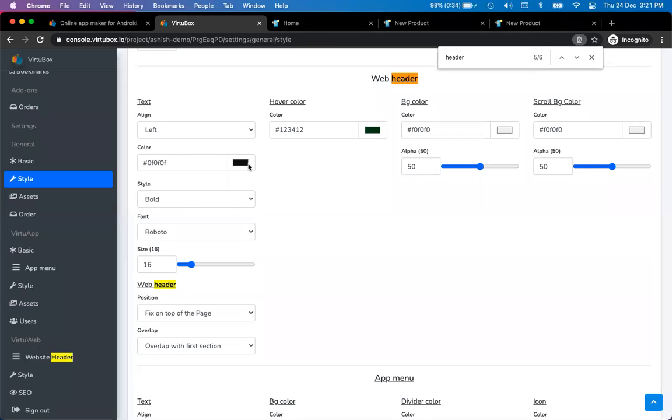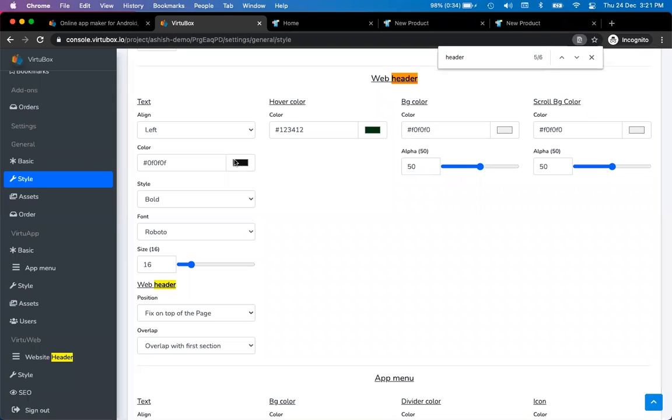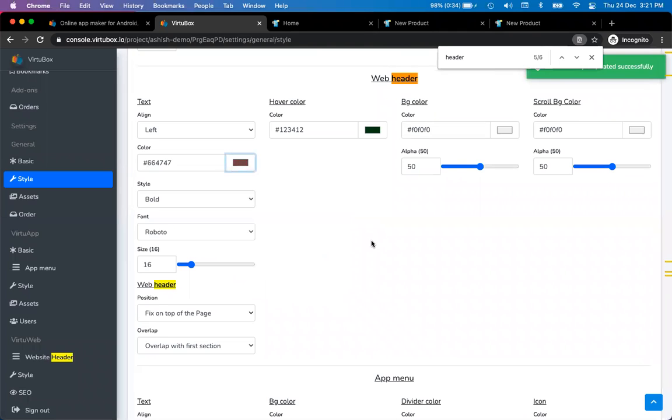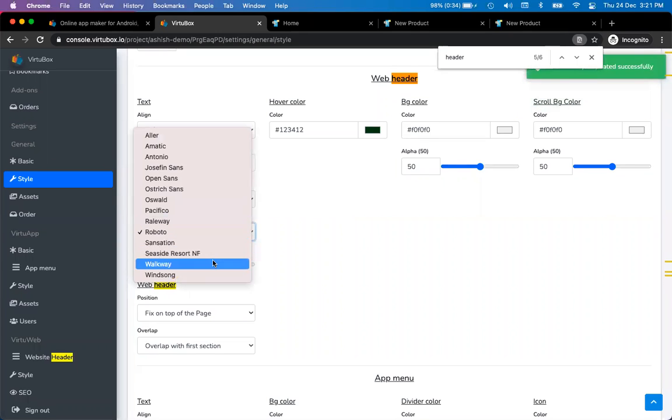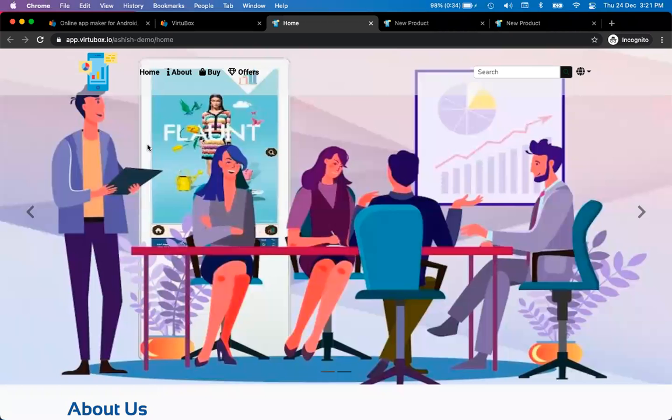There's also an option to change the color, which is black right now. I can just go ahead and make things maybe some darker color because otherwise it looks nice. Text is bold. Font I can change to any other font I want. Obviously, I can change the text size and